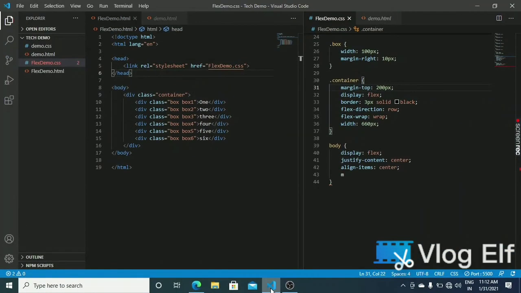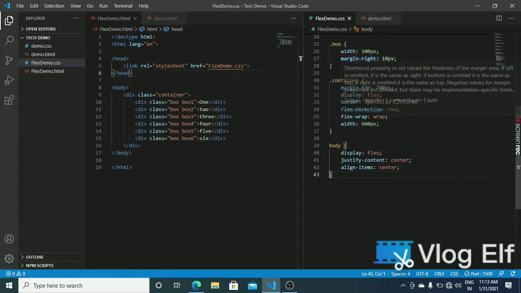Now let's learn about the flex wrap property. Here, as you can see, there is one container and there are 6 children, 1, 2, 3, 4, 5 and 6. I have given a width of 660 to the container, and each box is given a margin right of 10 pixels.